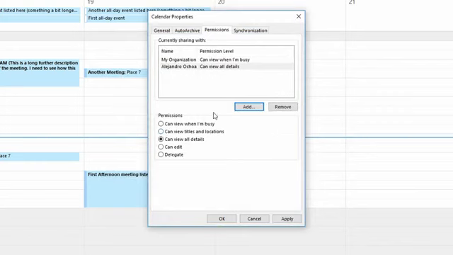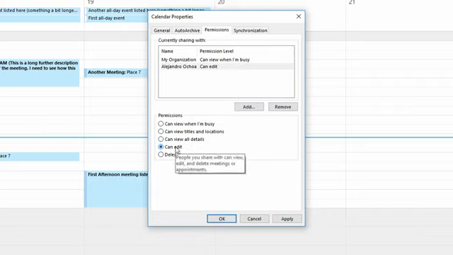Again, if you have a slightly older version of Outlook than I do, you're going to see a different area down here at the bottom where mine has been very simplified. You can see here that currently I'm allowing Alejandro to see the details. I can also allow Alejandro to edit the details. So edit, as you can see when I hover on top here, this is where people can view, edit, and